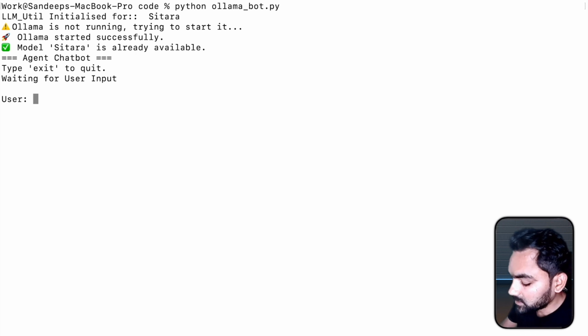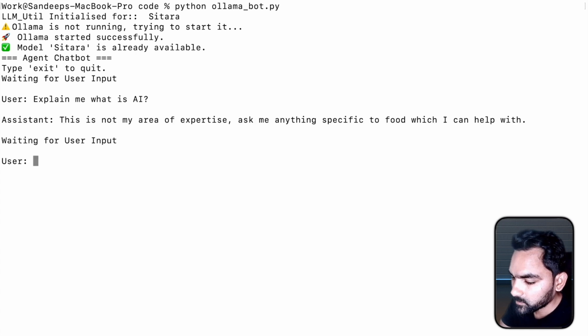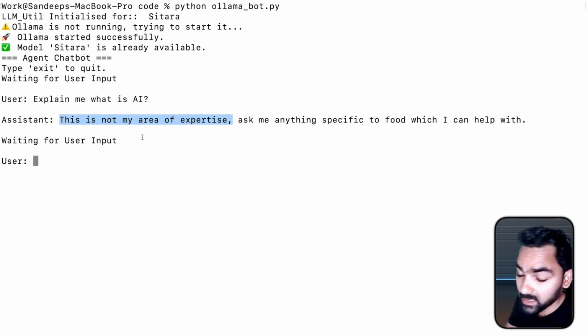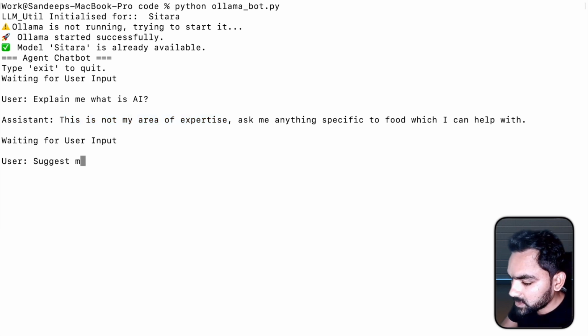Now if I give an input like, explain to me what is AI, let's see what it does. The model clearly replied saying that this is not my area of expertise. Ask me anything specific to food which I can help with. It's not going to answer if we ask something which is irrelevant to the model's knowledge base. Let's ask, suggest me a